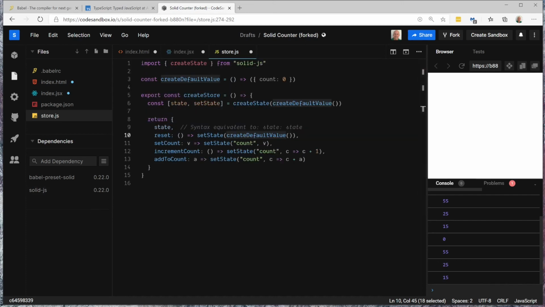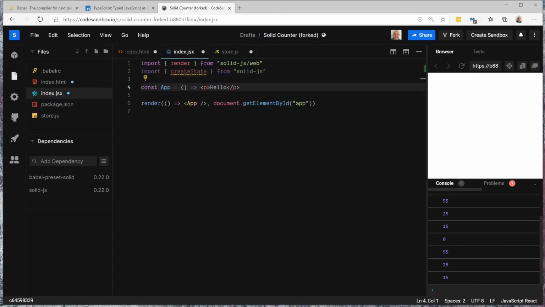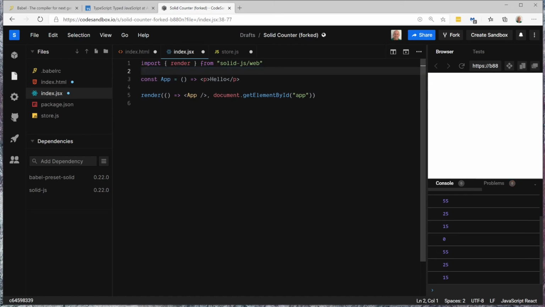So let's set the state aside for a moment, and we'll enhance our simple component to accept properties so the parent can specify the text to display. We don't need this anymore. All right, so